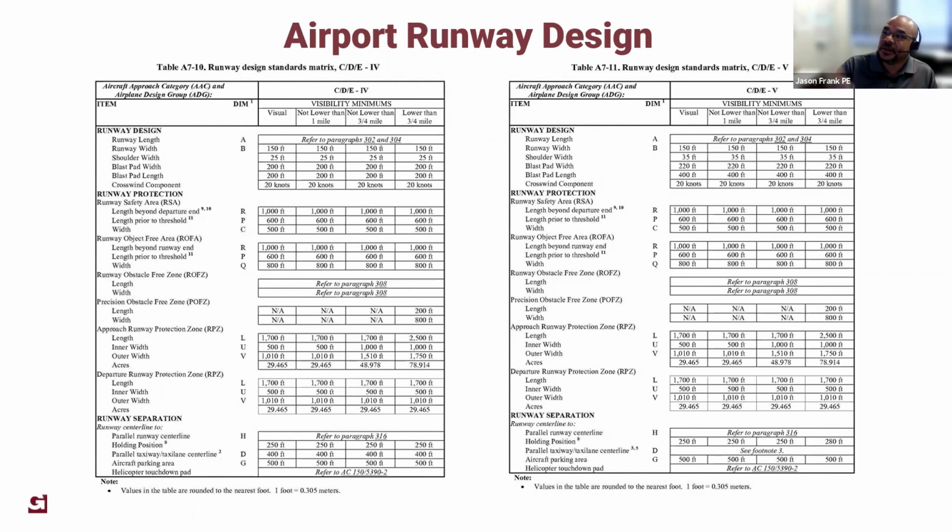So as you can see here, for example, this is what we call the ARC C, D, and E. It's group 4, which is some of your larger aircraft. Runway widths are around 150 feet wide, and then we get into the shoulder widths that are required, the width of blast pads, which is the areas before and after the runway that are paved, just to help control any foreign objects from being on the runway or dropping on the runway and being picked up or sucked